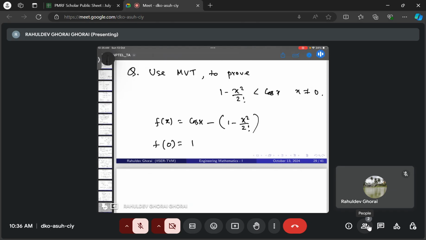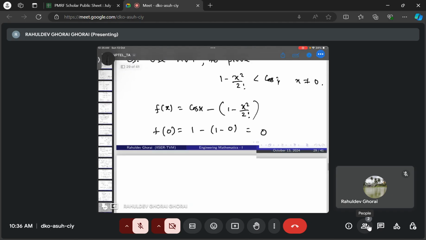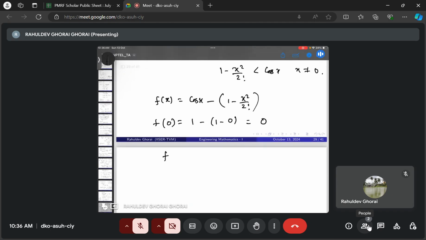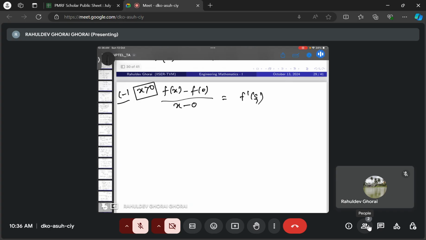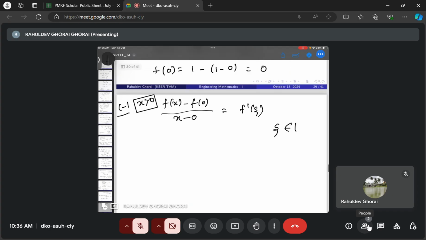f(0) will be 1 minus 1 minus 0, which is 0. Then I use the mean value theorem: (f(x) minus f(0)) over (x minus 0) is equal to f prime of xi. I will take two cases. One is x greater than 0. Then xi belongs to (0, x), and x is a positive number. That implies f(x) minus f(0)